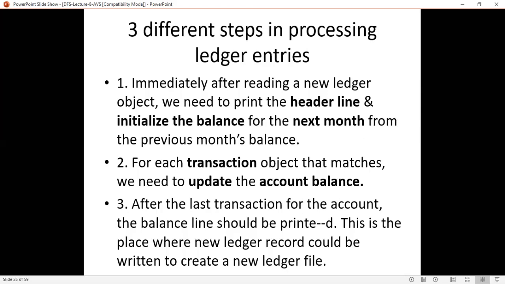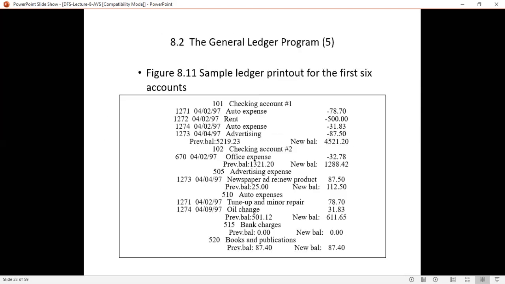After the last transaction for the account, once all the transactions for that particular account are updated, the balance line should be printed. The balance line, in this example, is the previous balance 5219 point something, and new balance 4521.